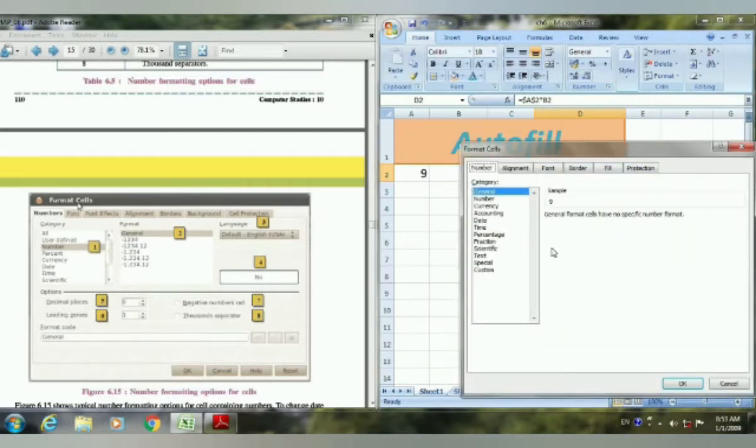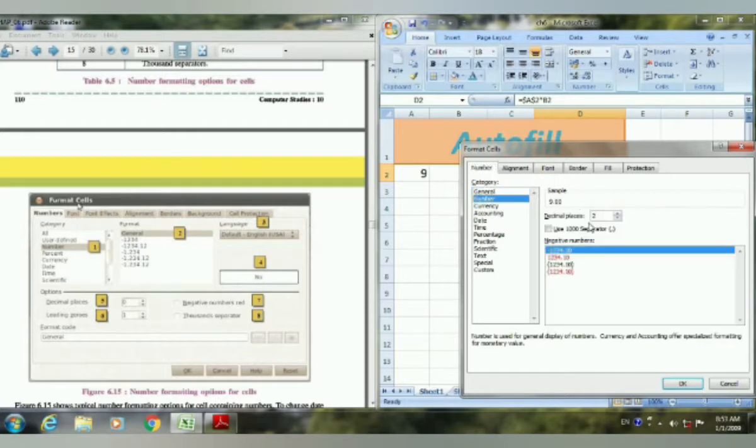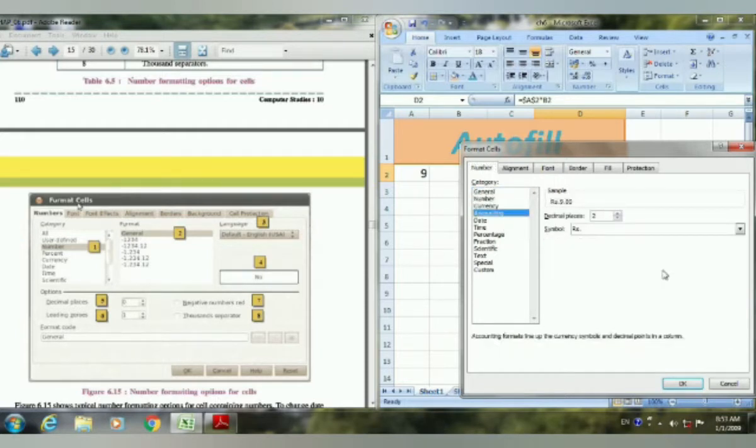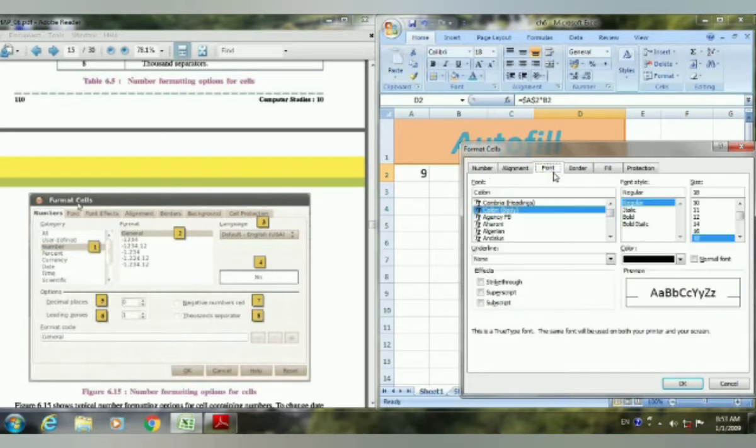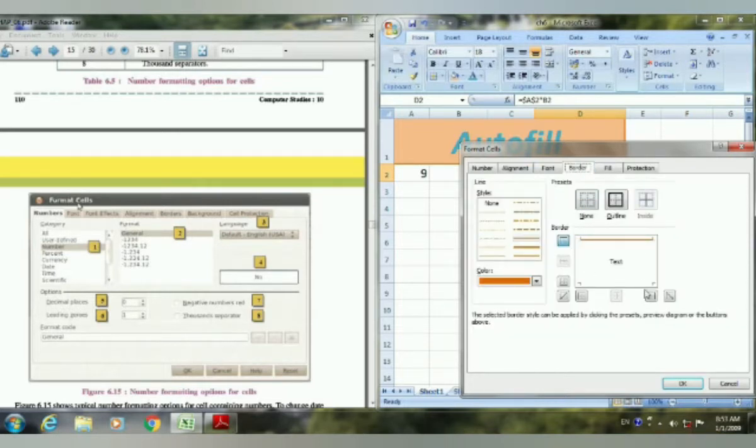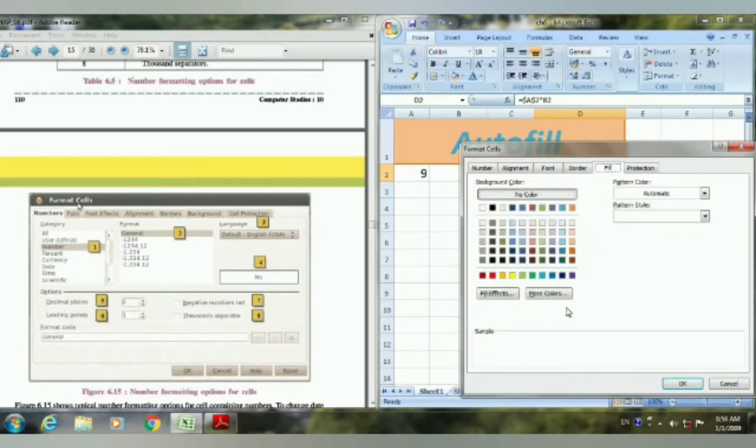But some similarity is there and some changes are also there. If you select the currency, then based on that will come accounting, then this. Most of the tabs we also have. Then alignment options you can change from here, font options you can change from here, border settings you can do from here, that we already did. Then fill color you can change from here. Like this, the changes you can do according to your wish. So I hope you understood this one.